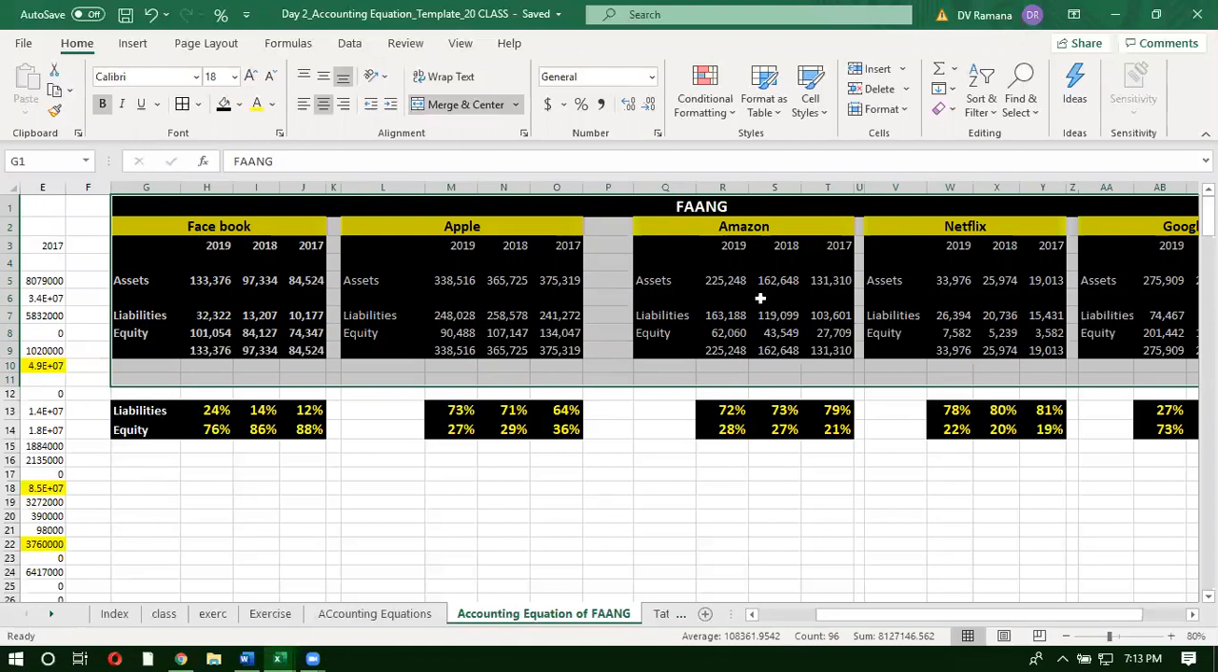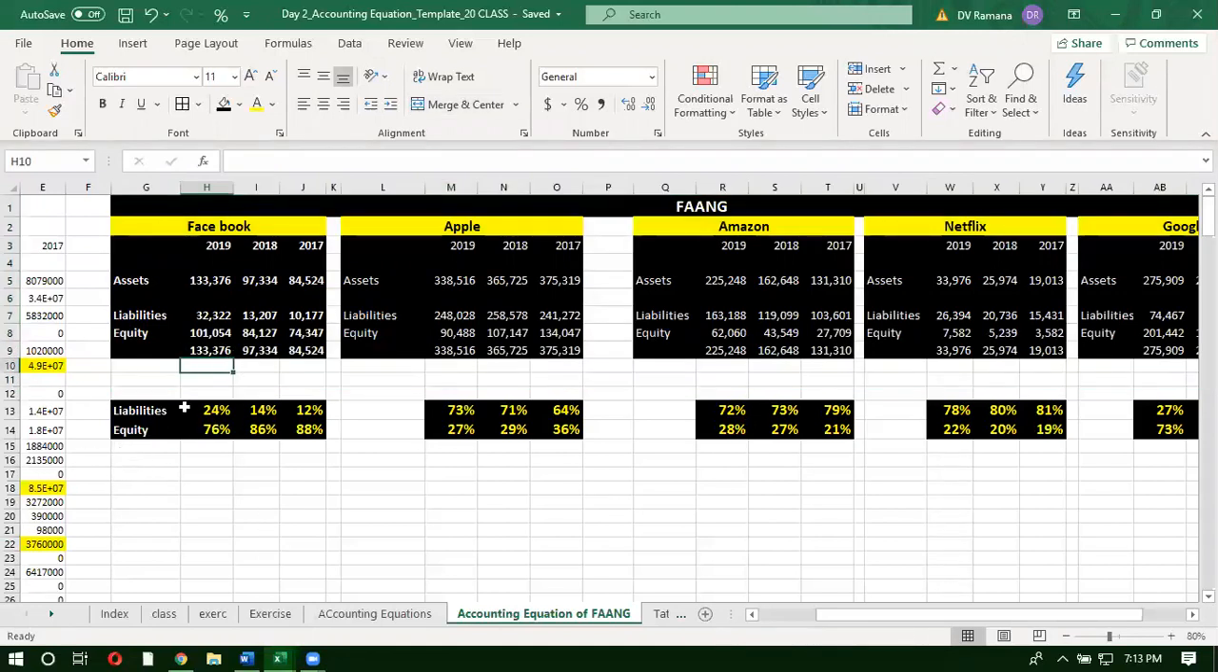So what is this accounting equation trying to tell us? As we move along, we will observe that for Facebook, 76% of the assets are financed by equity and 24% of the assets are financed by liabilities. So the accounting equation will also help us in understanding the financing decisions. Accounting equation is a very interesting and simple relationship between assets and sources, but it can be used